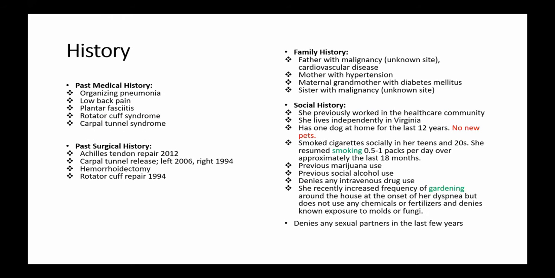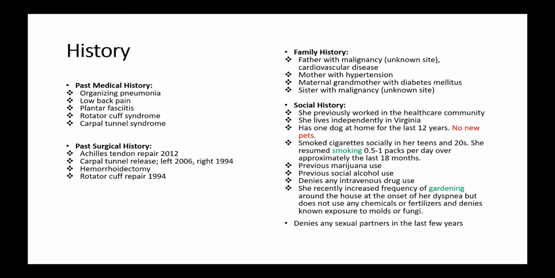Reviewing her past medical and past surgical history, nothing really pops out. We know kind of this history surrounding her organizing pneumonia, but again, otherwise pretty routine past medical and surgical history. If you look at her family history, I would really want to dig into some of these malignancies. I wish we knew the age that her family members were diagnosed with malignancy, the type of malignancy, that would help. Unfortunately, we do not have that answer. So her family history is not helping me too much here.